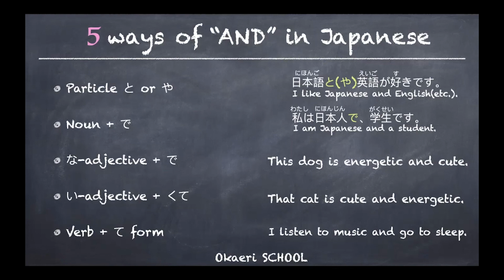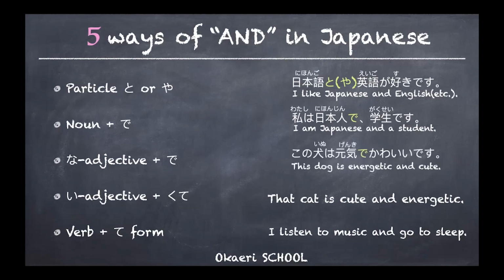So it will be 元気な. This dog, この犬. 元気な, na-adjective. So you just remove na, right? And put で and combine. この犬は元気でかわいいです。